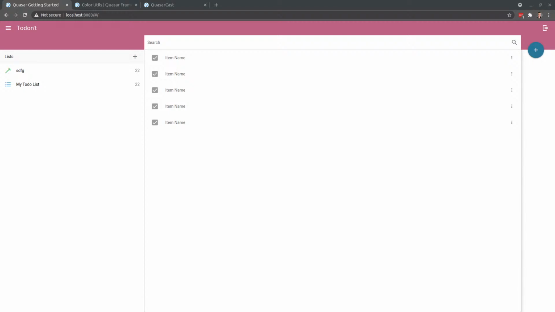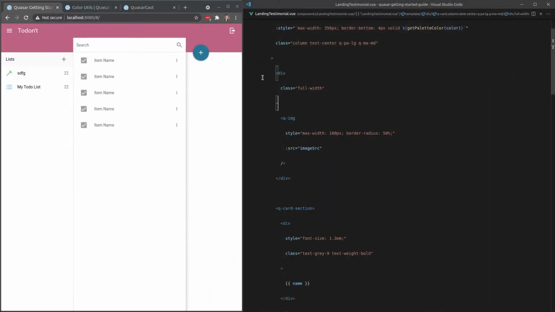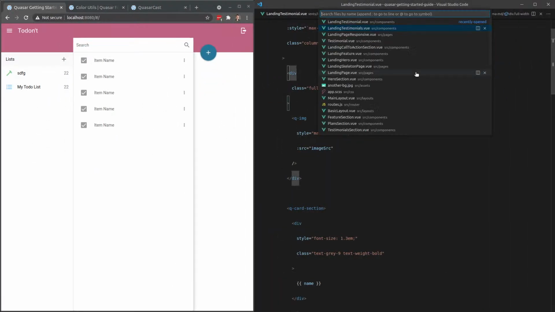But does Quasar have rows? I only see columns in the grid system. Yeah, it's got rows. In fact, that's exactly what we were working on today. So I'll show you a quick example,